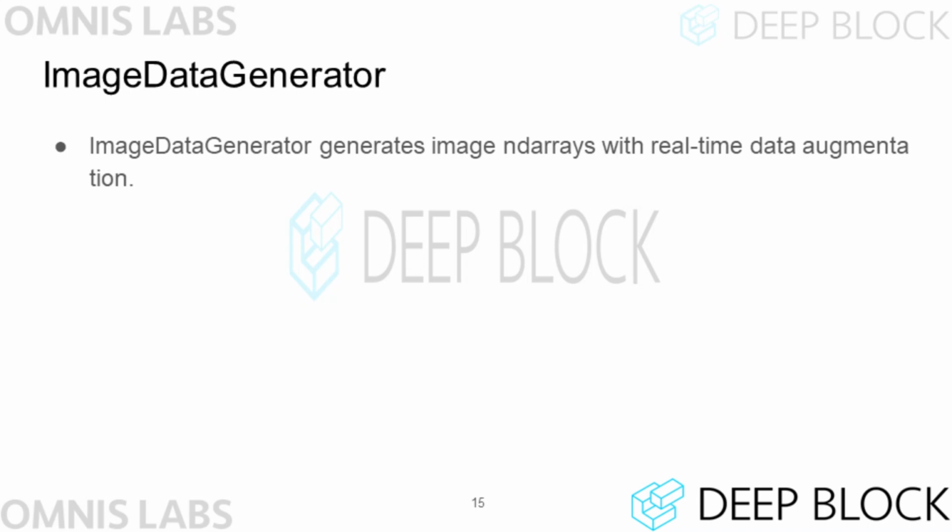Therefore, the training data we will use today, which is more than 9,000 images, cannot be loaded onto the GPU device at once. Instead, we have to train the model by passing some of the images stored in storage to the GPU little by little. For this, you need to use the generator in Keras. An image data generator is required to make a generator for image data.